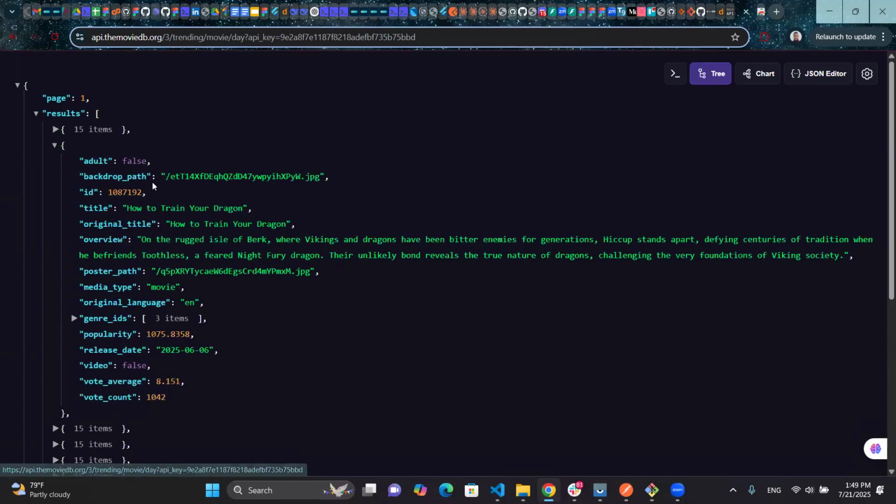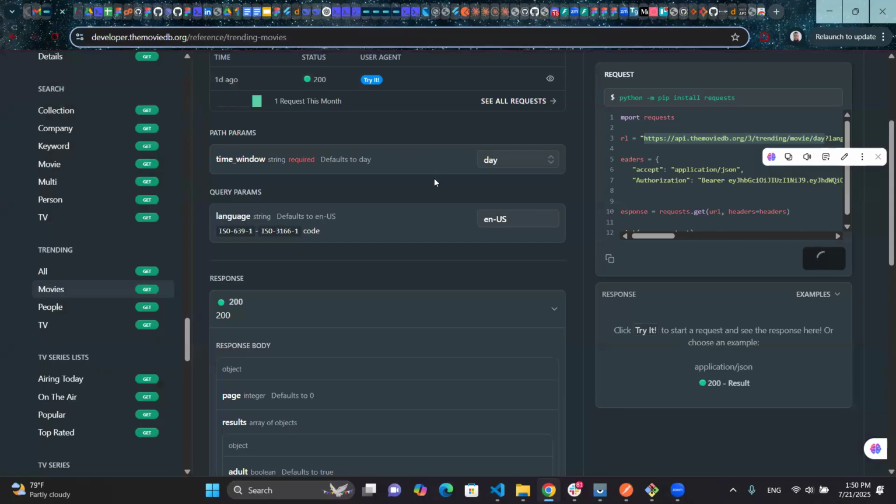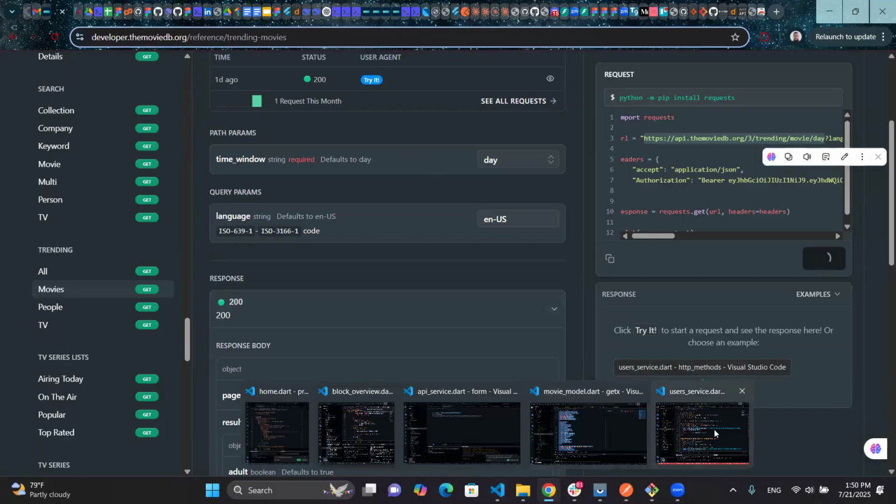All right. So this is one of it. This is the second. This time around, we'll have How to Train Your Dragon. All right. So this endpoint is available for consumption. All right. So if you can be able to set it up with your API keys. Of course, I actually did something, but that will not be in today's class. That will be in the next class. But from what has been taught today, get to familiarize yourself with the HTTP methods, okay? Get to familiarize yourself with that,